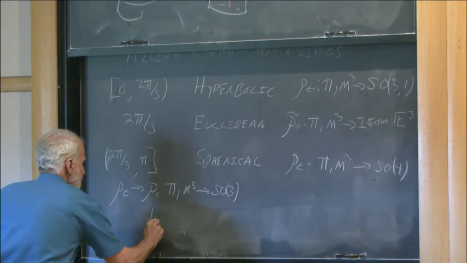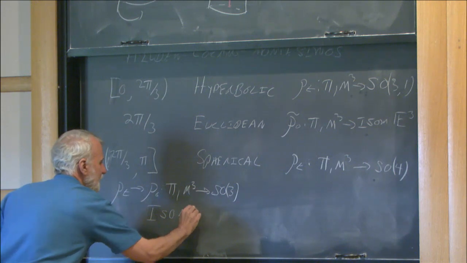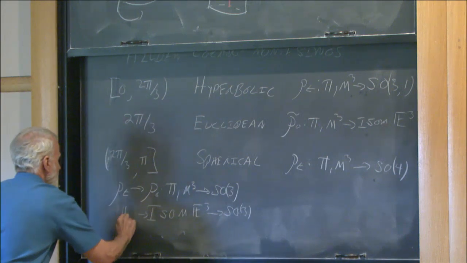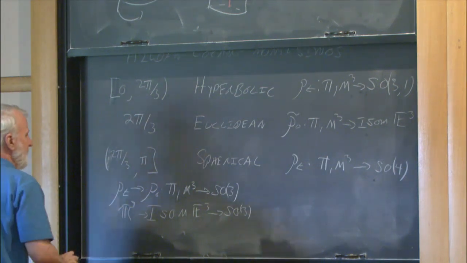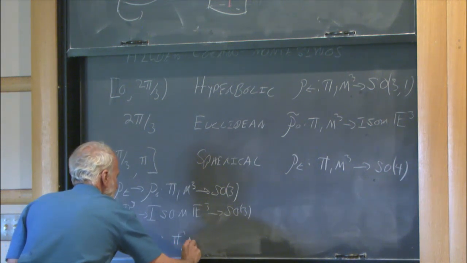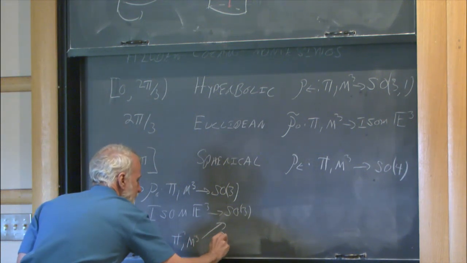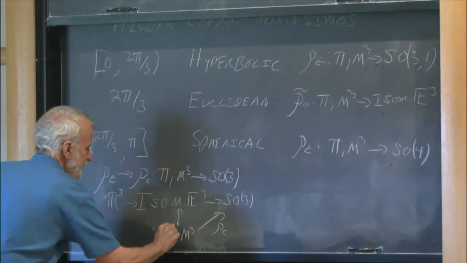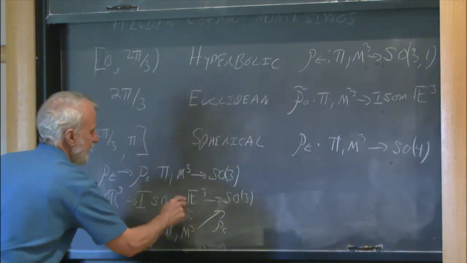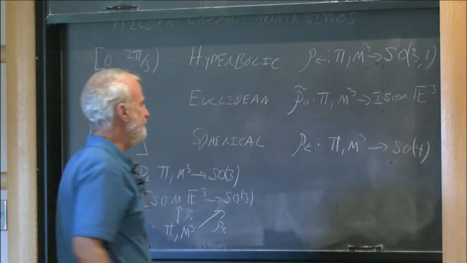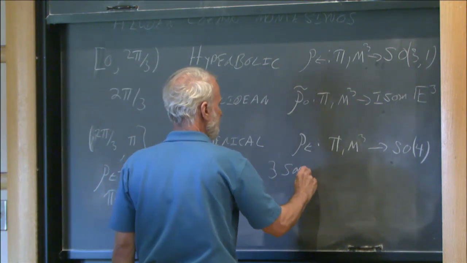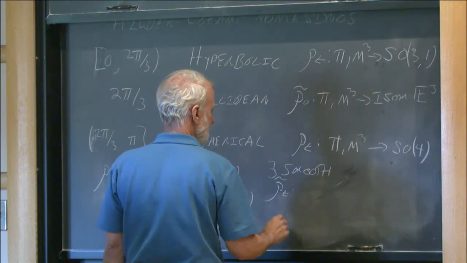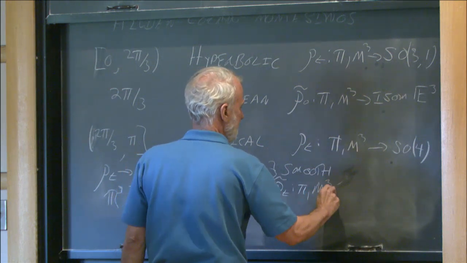On the other hand, you can probably remember we have isometries of E3 going down to SO3 with R2, R3 sitting in here. And what we are seeing here is pi 1 of M3. The limiting representation of these rho t's goes into here, but you can actually lift this to something that goes into the isometries here. And in fact, there exists a smooth family of rho t tilde going from pi 1 of M3 into